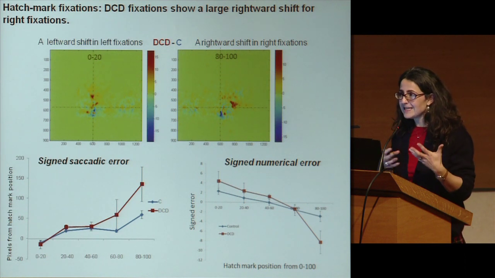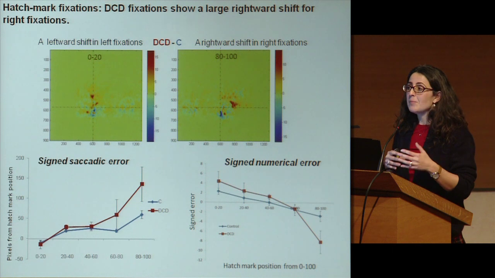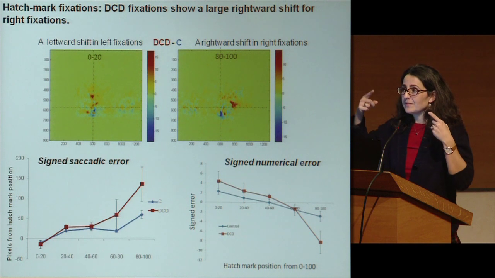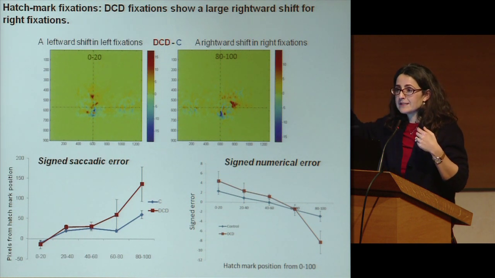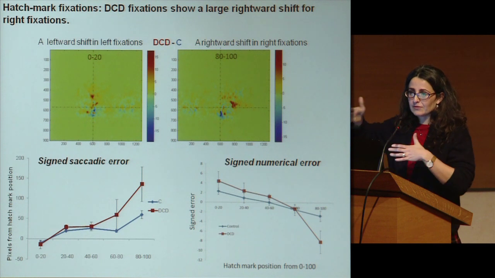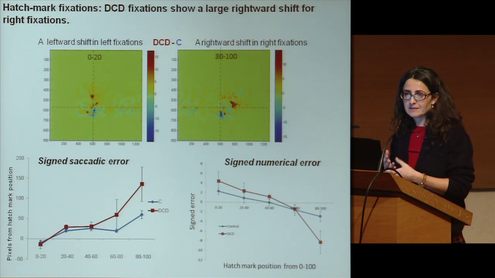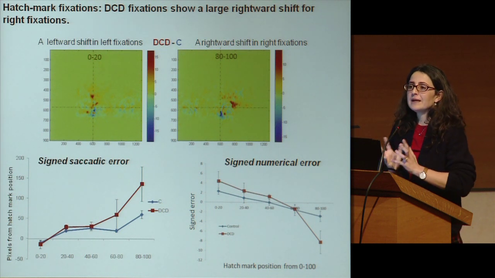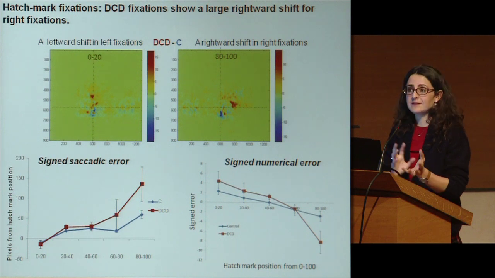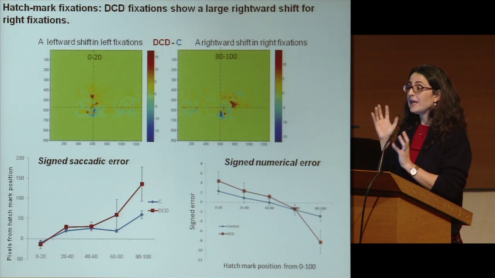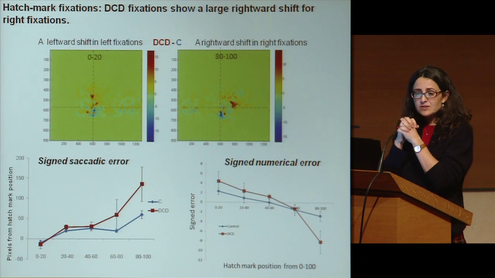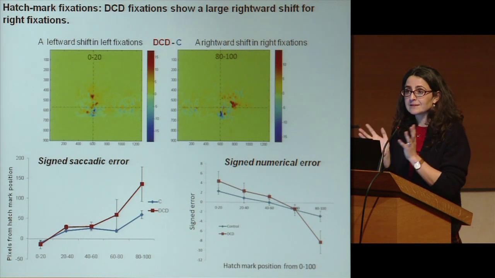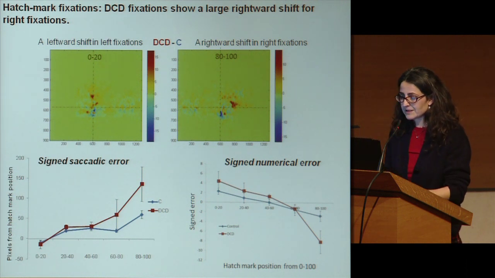which can seem a contradictory finding, but could be explained by the fact that the internal numerical system takes into account the error of the visual system, but overcorrects it and therefore underestimates the number that corresponds to the hatch mark. Of course, in this experiment, we can't separate whether the numerical ability is influenced by the eye movement or it is the other way around. All we can say is that even though there is not a huge impairment here, there is a strong intertwined relationship between the performance in this very basic task and the pattern of eye movement and eye fixation.